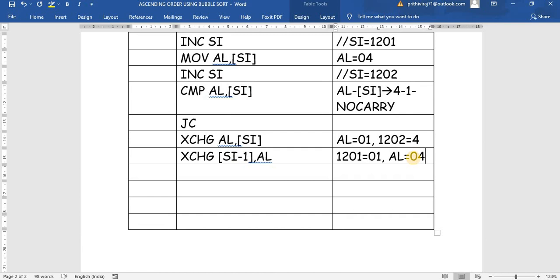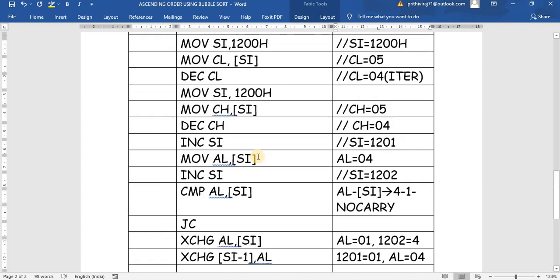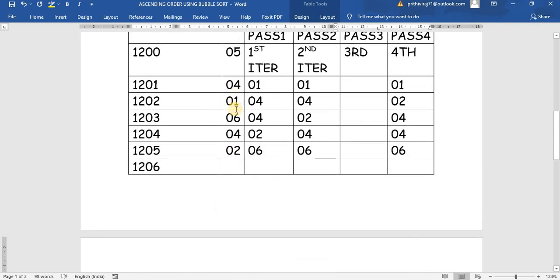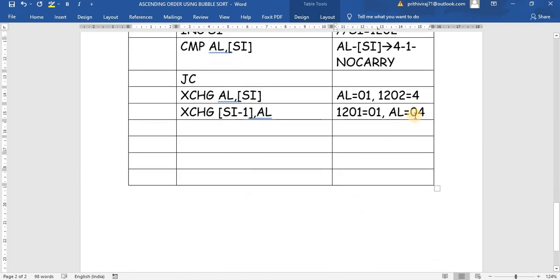Whatever value is in AL gets exchanged to SI minus 1, and whatever value is available at SI minus 1 will move to the AL register. So in 1201 we have 04 that will be transferred to the AL. Now if you see here, in 1201 location it is 01, and in 1202 location we have 4. So the data has been swapped successfully.